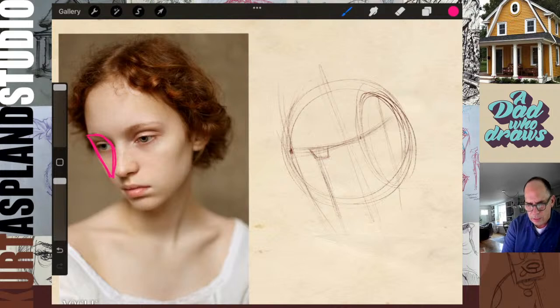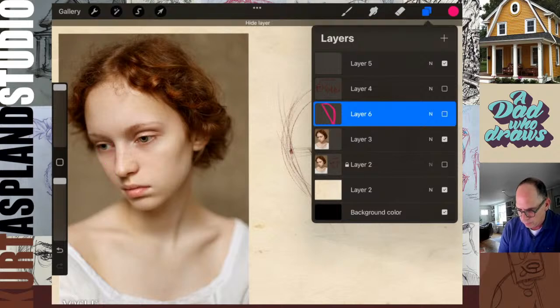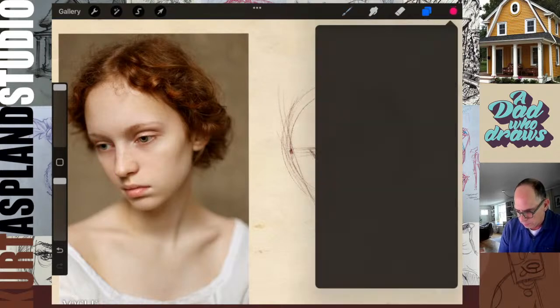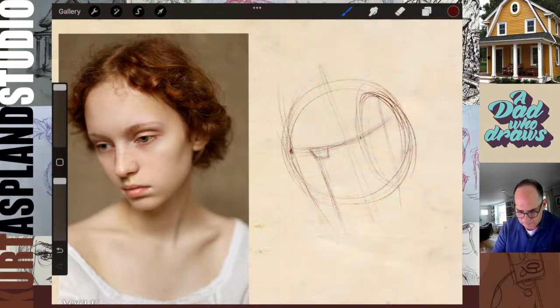That's what I'm going to try and look for when I'm adding my nose. Okay. This is the underside of her nose right here.